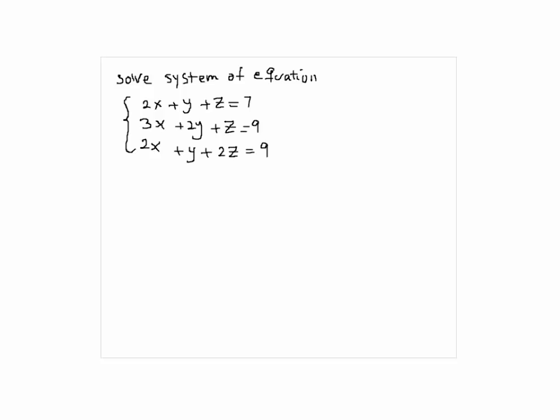So let's do that. If I pick the first two equations and multiply the first row by -1, then I get -2x, -y, -z is equal to -7. So if I just simply add these two, I would get